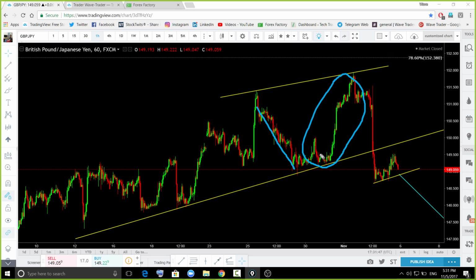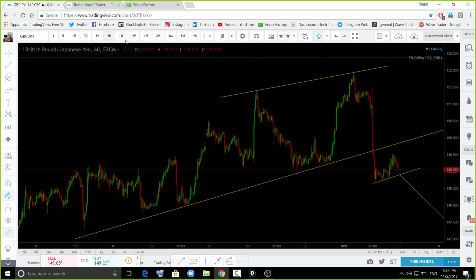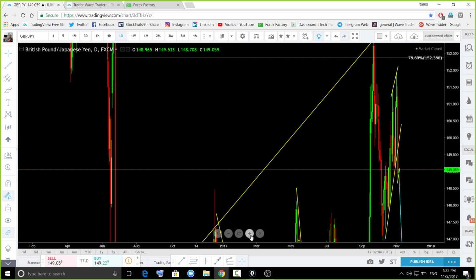When the market opened, people started to buy the pound pairs. Because of that, all pound pairs started to get priced in, and then started to fall from that top. So that was last week's wave. I said to you fellows, once you see that, search for the sell from the top. So I got